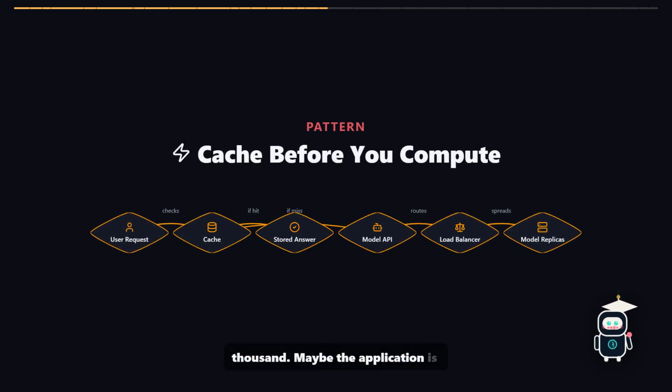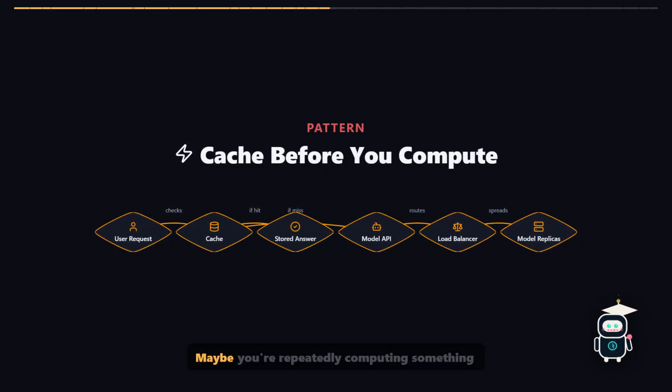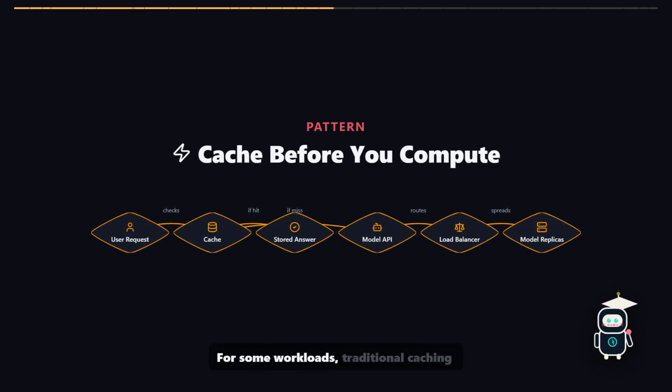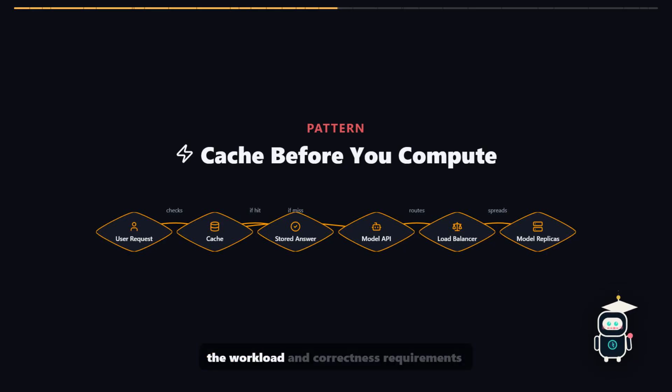Maybe the application is making 3 tool calls sequentially that could run in parallel. Maybe you're repeatedly computing something that could safely be cached. Different bottlenecks require different fixes. For some workloads, traditional caching works well. For LLM applications, you might also evaluate prompt caching or semantic caching when the workload and correctness requirements make that